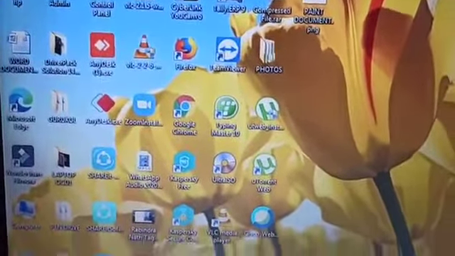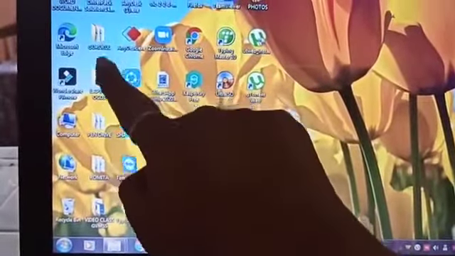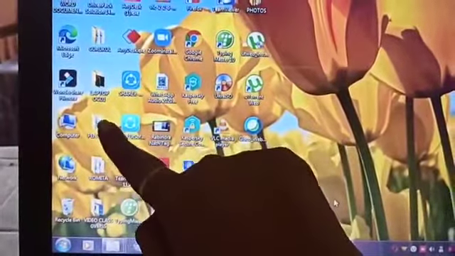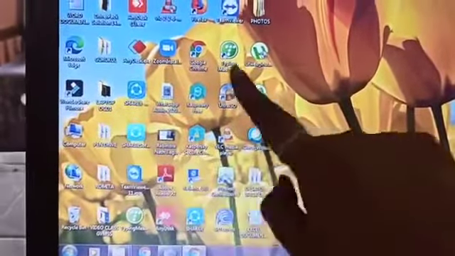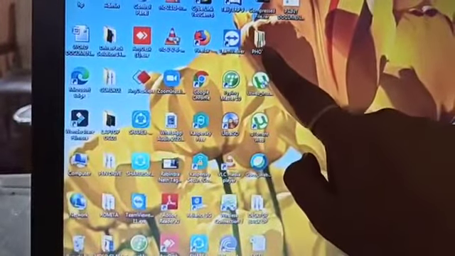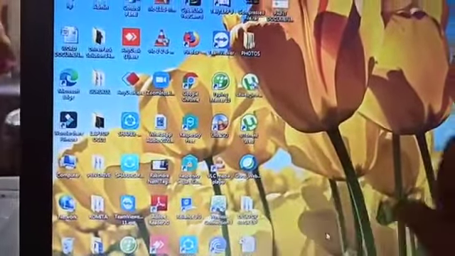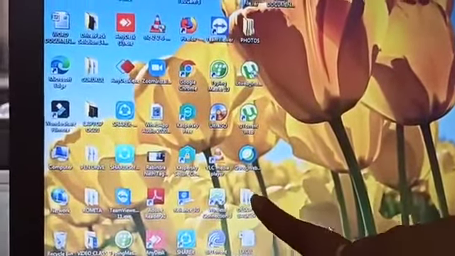Now let's see the various folders here. Can you see the folders here? This yellow thing is a folder. Then this pen drive is also a folder. Here photos is also a folder. Various files are stored inside a folder. These are the folders. Desktop backup is also a folder.